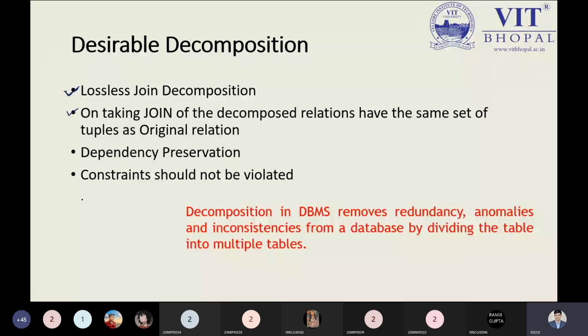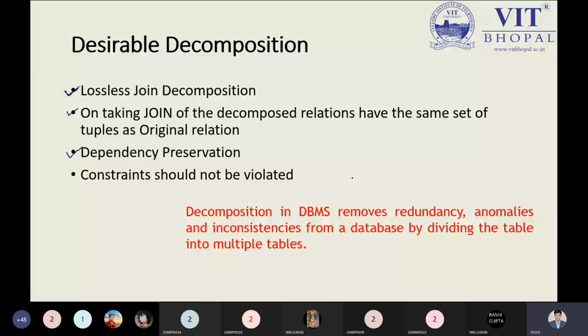We will see with an example. And if we are maintaining our lossless join decomposition properly, then we are having the dependency preservation. Dependency preservation is basically saying to us that after applying the decomposition, you have the dependencies as it is, as you have decided previously. Now we are not losing any information, so this is known as dependency preservation. It is a topic which has two parts: one is lossy decomposition and the other is lossless decomposition.